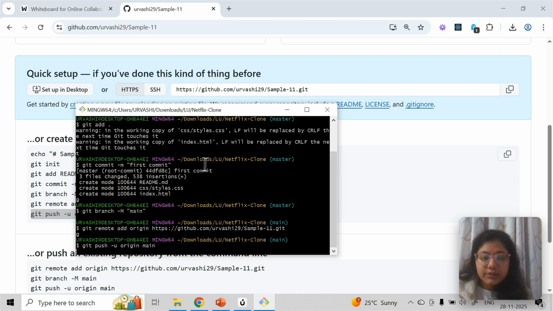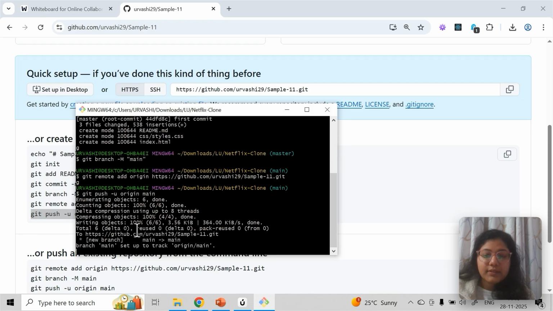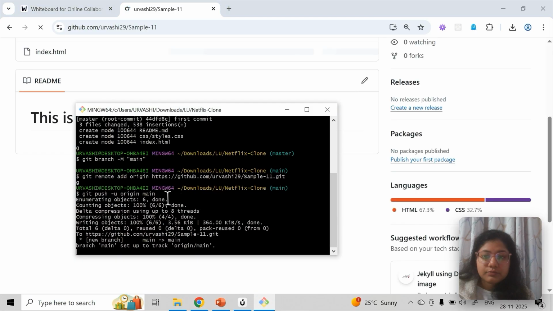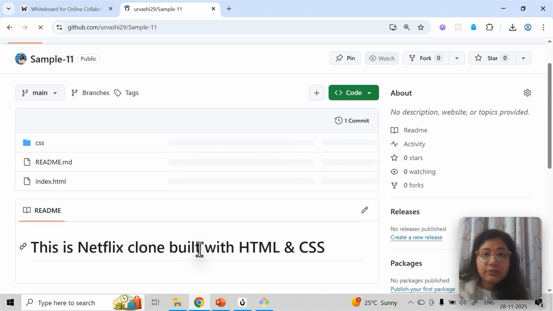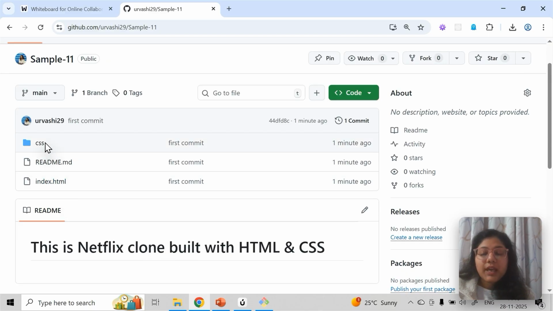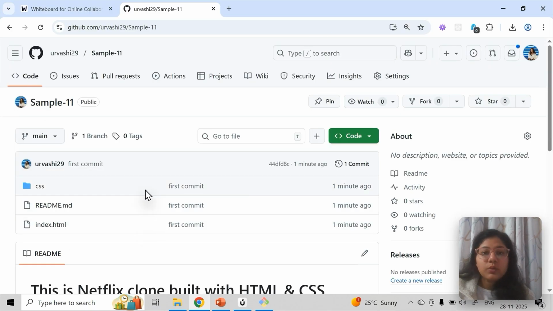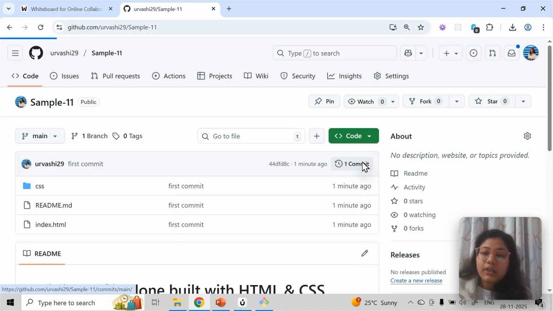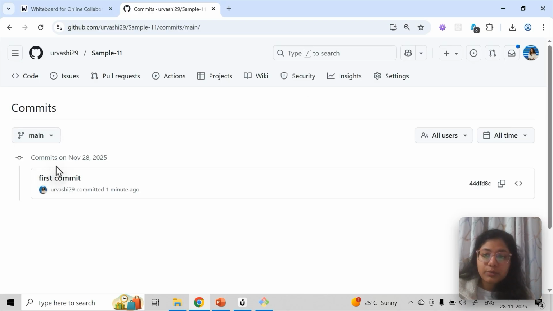So here it's taking some time. Okay, now you can see it is pushed. Now I'm going to refresh. So now you can see this is the readme file which is coming perfectly fine. Readme file we discussed before this. And then we have all the folders, everything is coming here. Now this is working absolutely fine, and you can see by default there is one branch and one commit message. And who has committed, I'm the sole contributor right now, so that is coming.